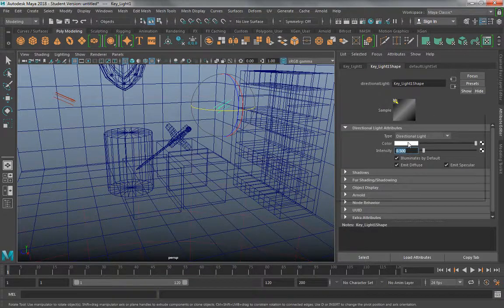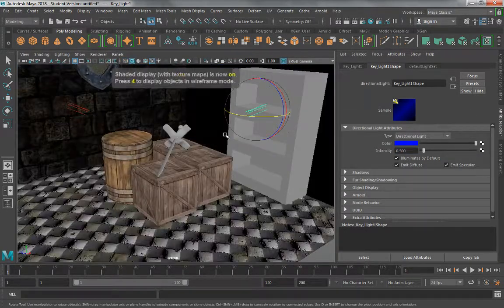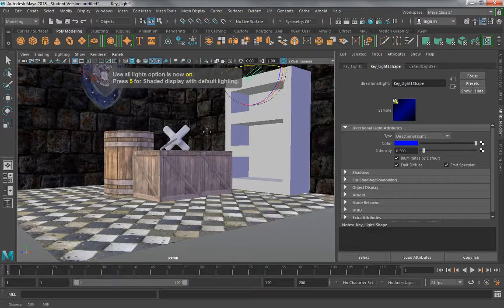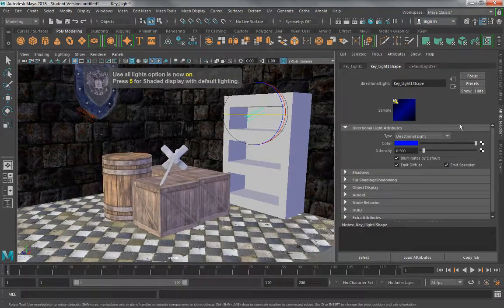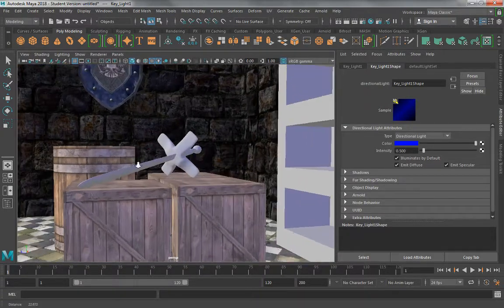I'm also going to change the color of it in my attribute editor. I'm going to change it to blue: 5, 6, and then 7. You're starting to see some of that blue color coming in. And the last thing I want to do, because I'm going to render the sword as my main subject,